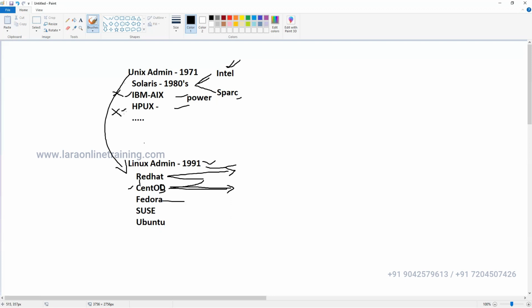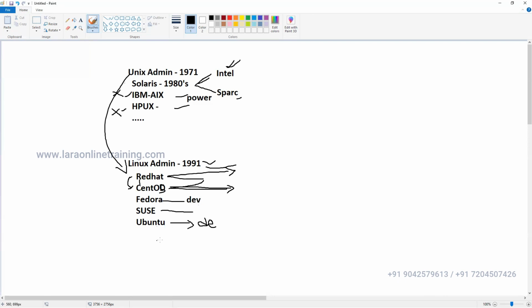Fedora is the development version. SUSE is again a different vendor. It's commercial, and in SUSE you have two flavors: one is openSUSE, the second is commercial SUSE. openSUSE is free. Ubuntu is mostly used by people for development only. Developers writing code do development and testing on Ubuntu, but they don't use Ubuntu much for servers. It may support it, but they don't use it much because Red Hat has major features compared to